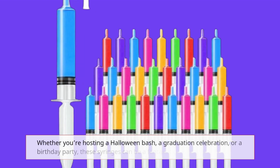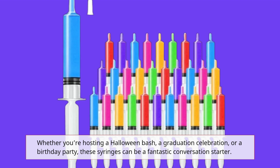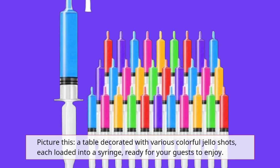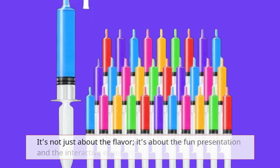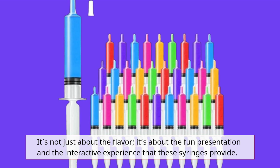Whether you're hosting a Halloween bash, a graduation celebration, or a birthday party, these syringes can be a fantastic conversation starter. Picture this: a table decorated with various colorful Jello shots, each loaded into a syringe, ready for your guests to enjoy. It's not just about the flavor, it's about the fun presentation and the interactive experience that these syringes